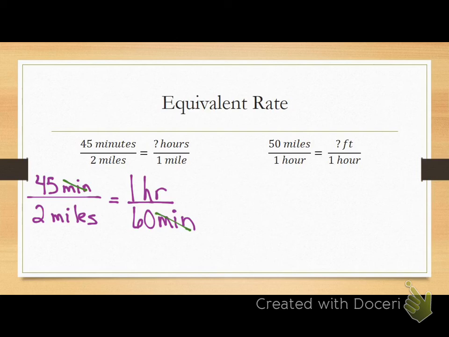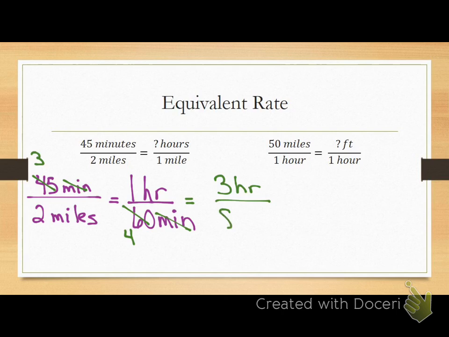That's how I know. I've got to be able to cross-reduce because what does it want in my answer? It wants hours over miles. So I've got to be able to cancel out these minutes. Now can I cross-reduce my 45 and 60? Okay, to 3 and 4. All right, so now I have 3 hours